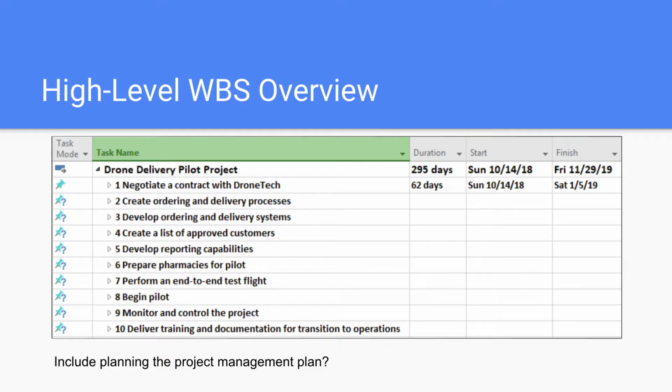The following are the Level 1 tasks. You'll notice that we've used the verb-noun structure for each task, and that we've only assigned dates for the Level 1 task, Negotiate a Contract with Drone Tech. This information was included in the project charter and in the case study, and therefore we felt it was reasonable